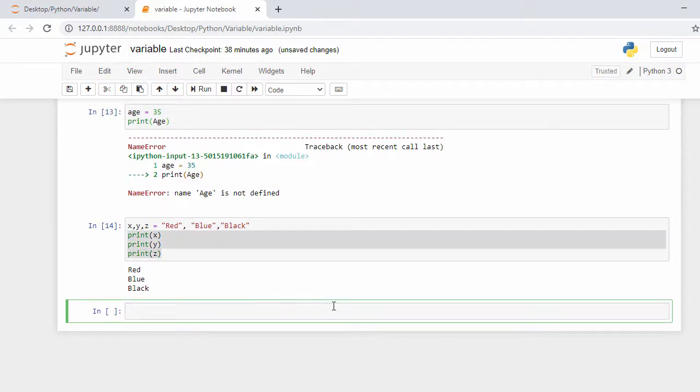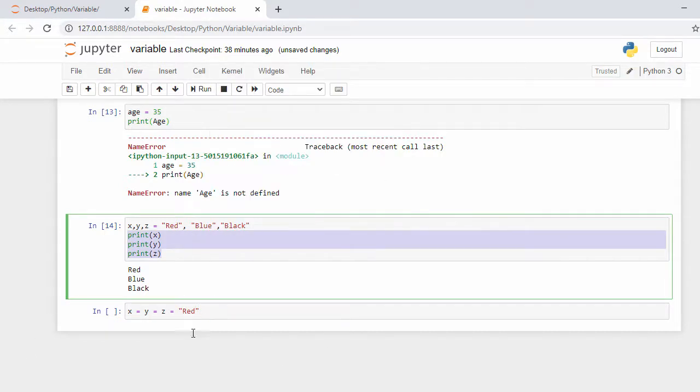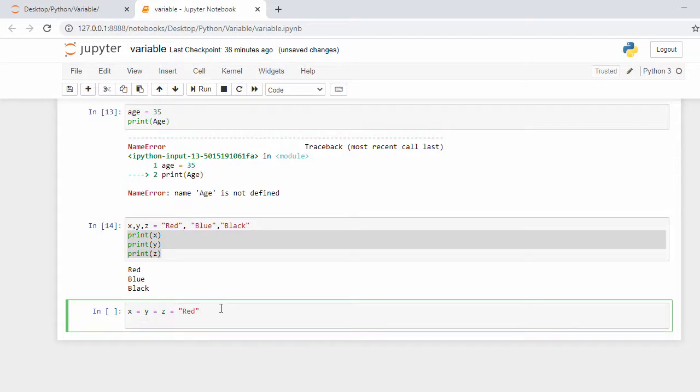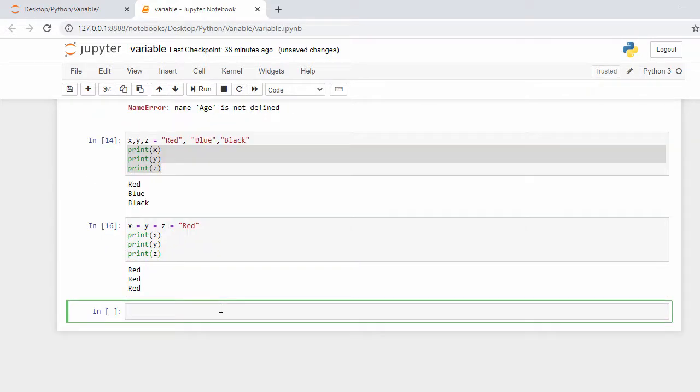You can also assign the same value to multiple variables. For that you can say x equal to y equal to z equal to "red", and if you print this and execute it, it gives me red. So that's how you can assign the same value like red to x, y, z.